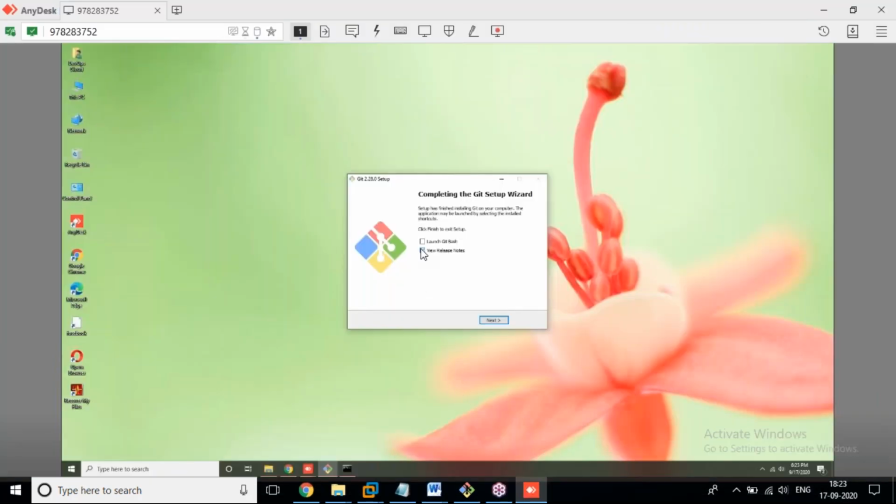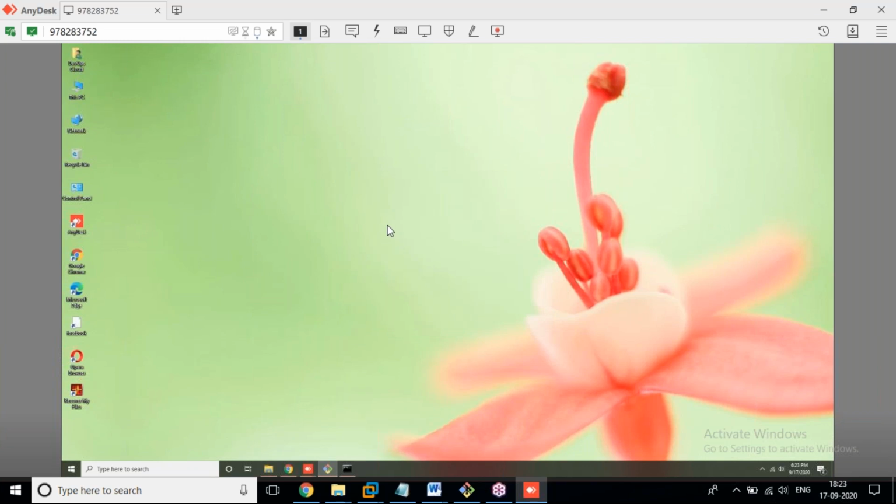Whatever we are going to install in these applications is on another machine. We are installing Git on that machine. Okay, see, now we have successfully installed Git.